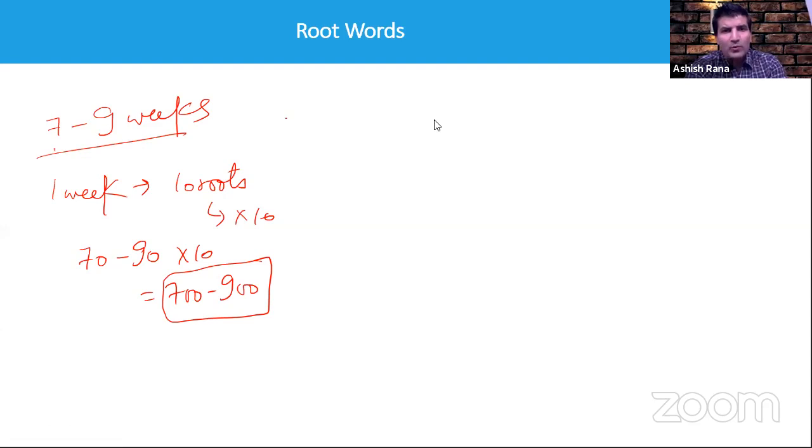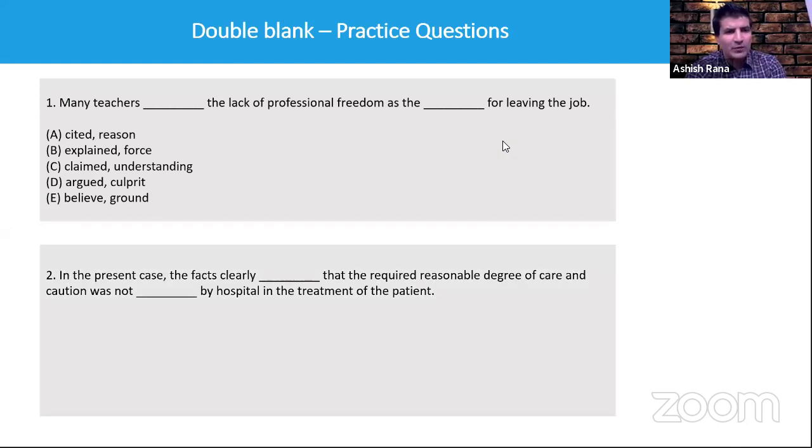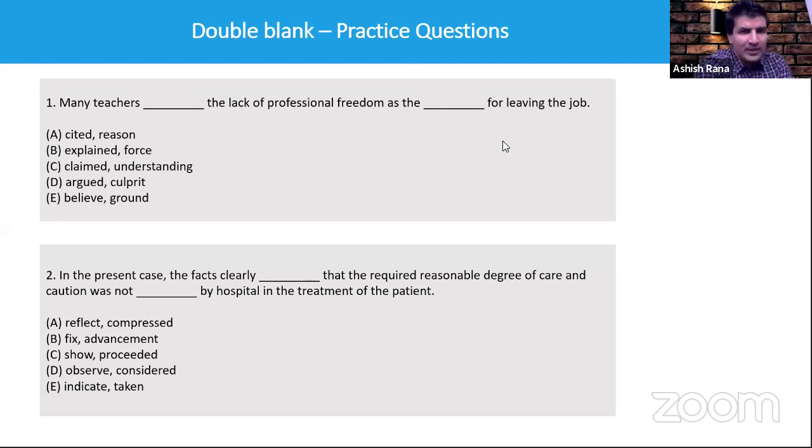So now guys, we have done some words. I have told you some approaches for how to do it, and it's a continuous process. I would want you to attempt some questions. So let's say there are these two questions. I'll give you 5 minutes to think about this, and I want you to attempt these questions. After 5 minutes, we will discuss. Don't write in the chat now. After 2-3 minutes, we will discuss. So please attempt everybody individually.